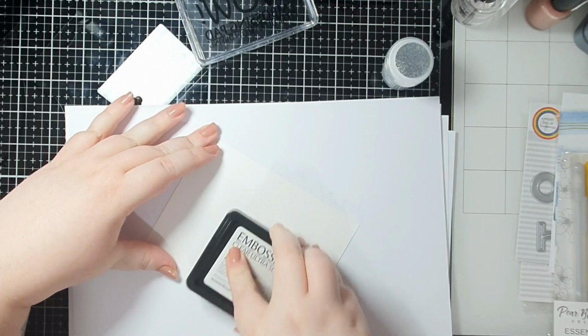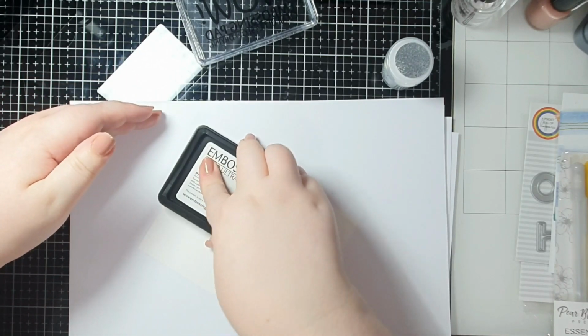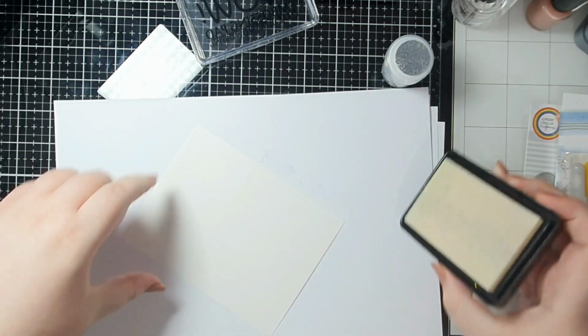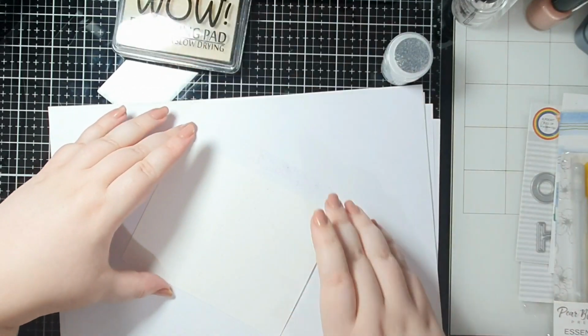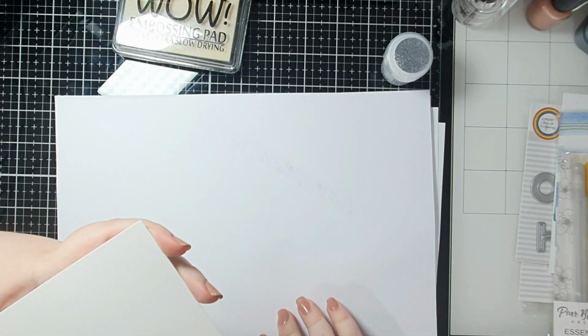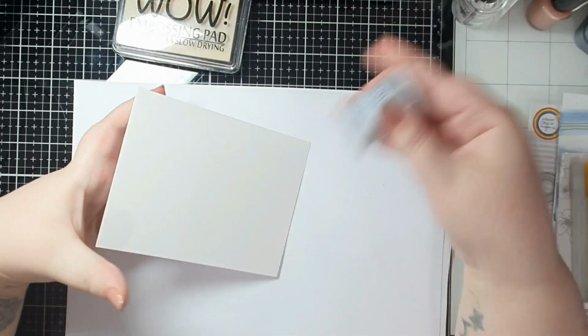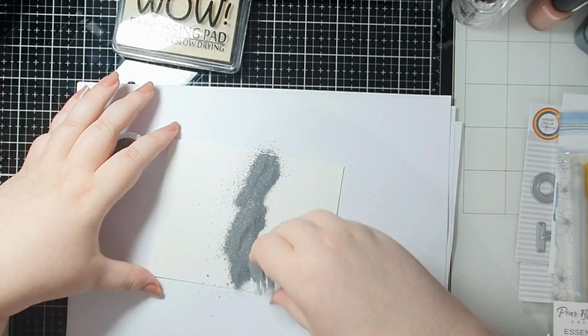So now let's get on to the embossing. So I've got a sheet of Neenah, 80 pound. This is just an A2 panel, but it doesn't matter what size because I'm going to cut it down, and I just covered it in my Wow ultra slow drying embossing ink,